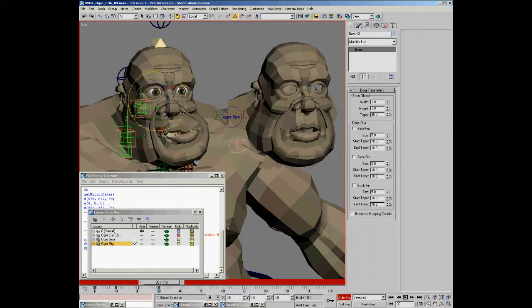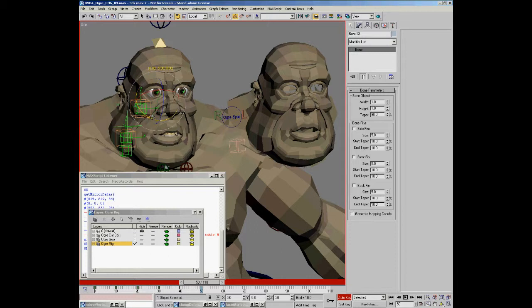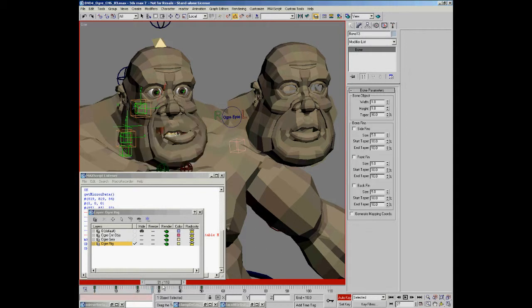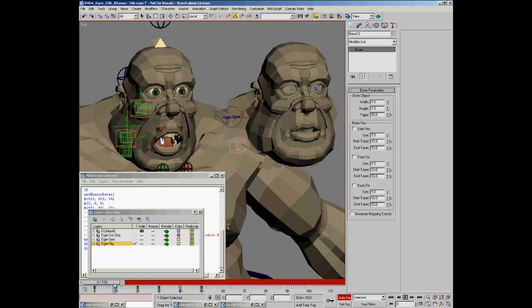So we'll correct the right side of the face. And then we can make sure that we've done it correctly and it all works on the other side of the face. I'm just using my angle snap to make sure I get it the same on both sides. So now we have just an animation of the jaw swinging side to side and open. So let's scrub along to